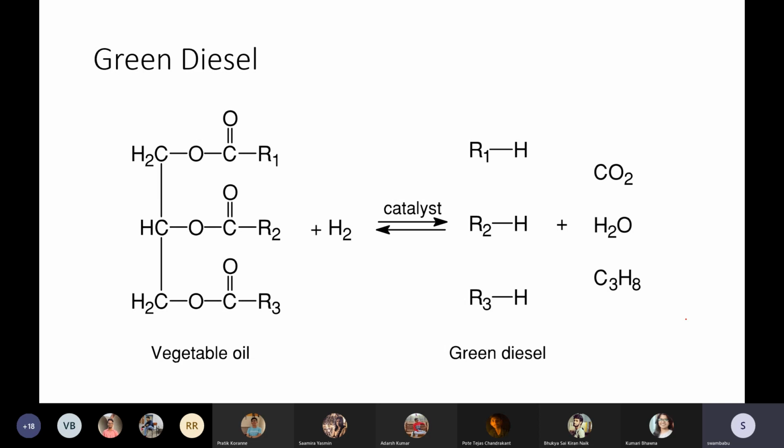Now, another recent development is green diesel. They are producing green diesel from the oils and fats. This is a simple hydrogenation reaction. Vegetable oil, as I mentioned previously, will contain triglycerides, and if you do the hydrogenation,